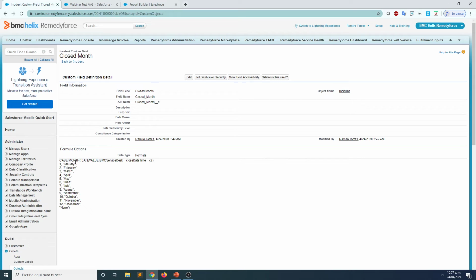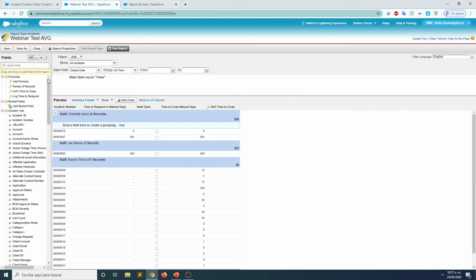So you have DATEVALUE, MONTH, and the CASE. So if it's 1, that means it's January, February, March, April, whatever. And here it's a default for a case. So a case always has a default if none of the above options are met. Okay, so taking this to a report,